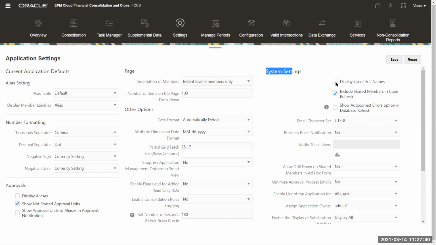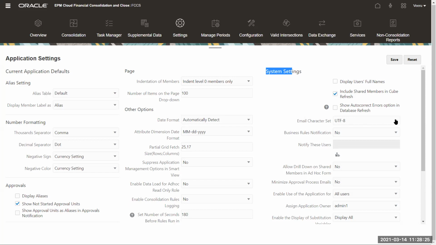This will help you mostly during the approval process, right? When you are doing approval process management, it will show who the task has been assigned to at the next levels, or even in the journal workflow process. They'll also be able to see who the task was assigned to. Maybe your ID is not very user friendly. Some companies have IDs that are all numerics. Some companies have IDs which are a few characters of your first name and a few characters of your last name. You might not be able to figure out who that is. In that case, you might want to keep display users' full names, so that it helps you understand which user has been assigned the task.